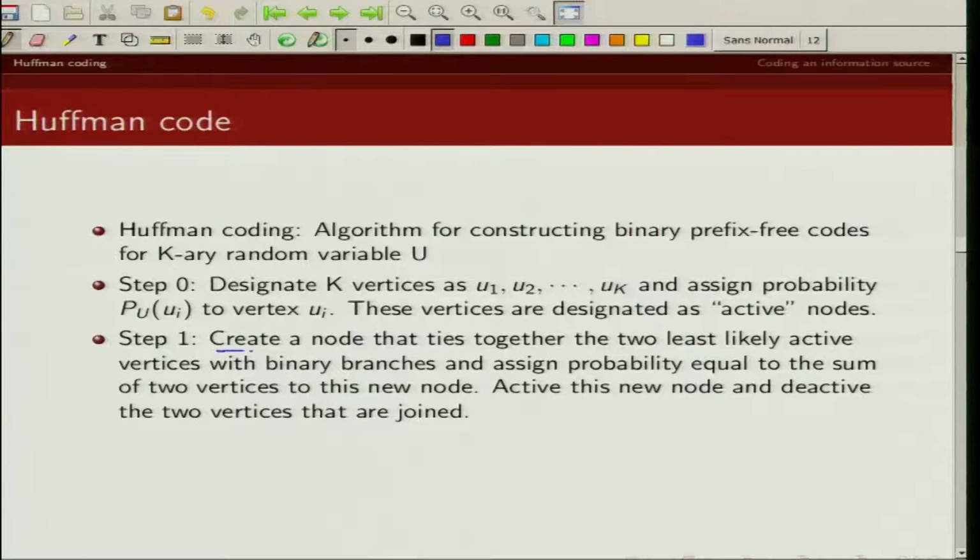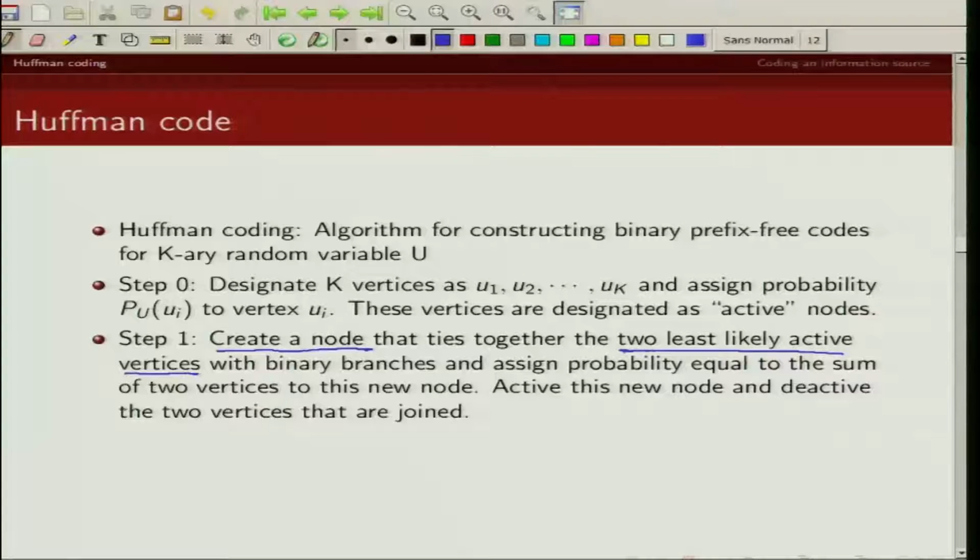Step 1, we create a node that ties two least likely active vertices. Please note, we have said in the previous lemma that for an optimal binary prefix free code, the two least likely code words will differ in only one location, the last bit location.